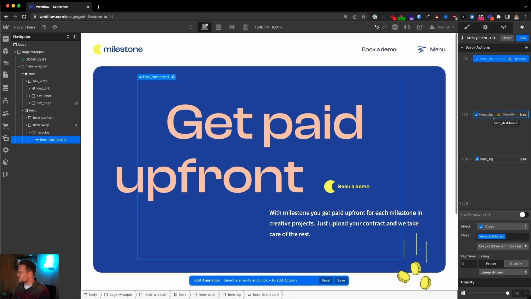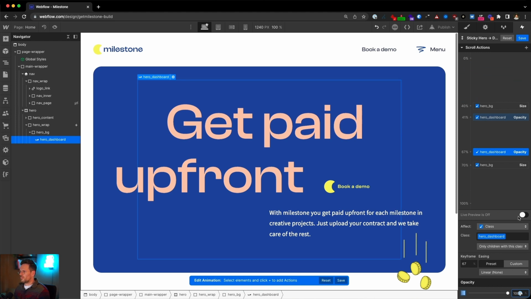Let's start it here a little bit later. So at the beginning, the opacity will be 0. And at the end, the opacity will be 100%. Maybe something like this here.